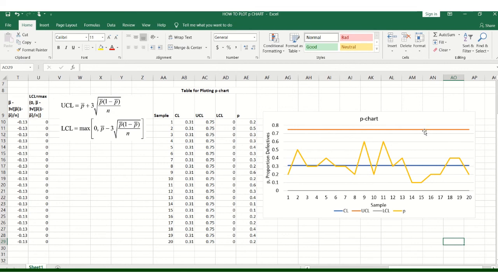And these are the control limits. This is the upper control limit as it has been shown, and in the chart this is the gray line. This shows the lower control limit, this is the control limit, and this is the data which has been shown, which says that all the observations are lying within the specification, or within the control limits.